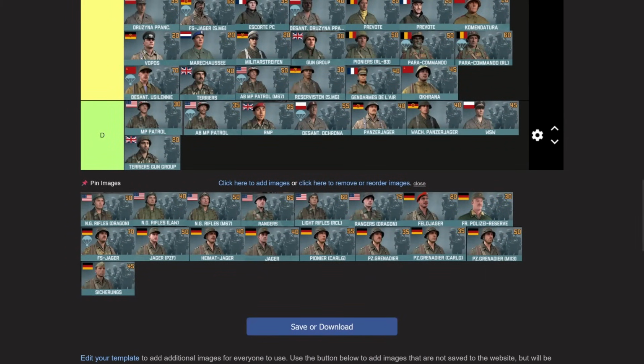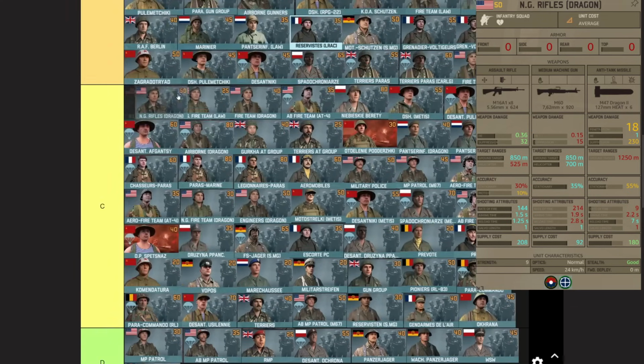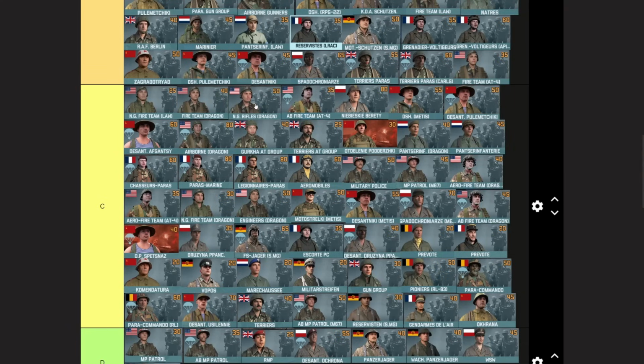And then National Guard Dragons, they have a Dragon too. They're a 9-man squad. They only have 1 MG. If they would have 2 MGs for 50 points, they would be really nice even with a Reservist. The Reservist holds them back though. So yeah, this is another CT unit here. Like this is a playable CT unit once more, but